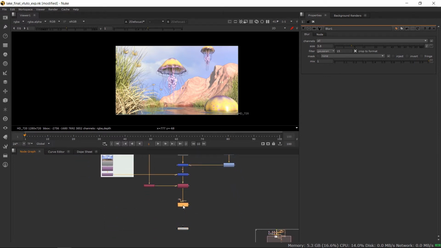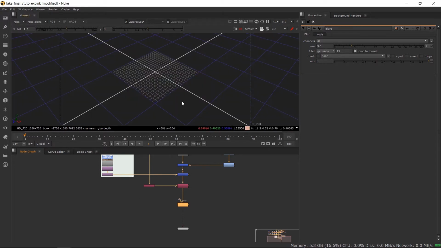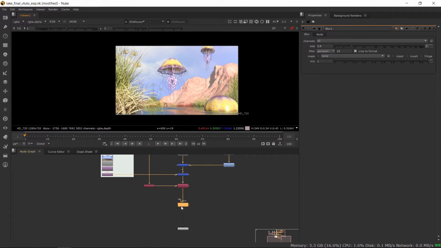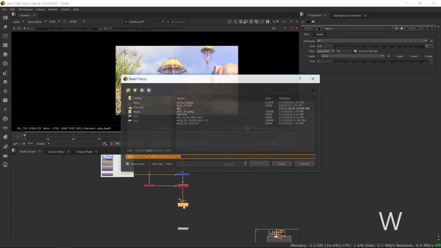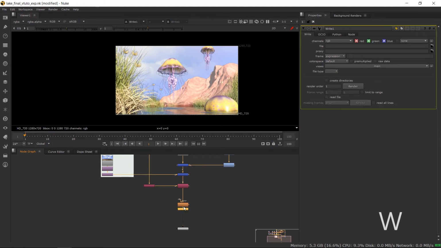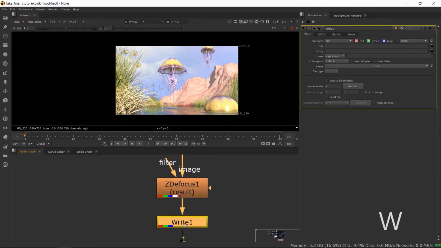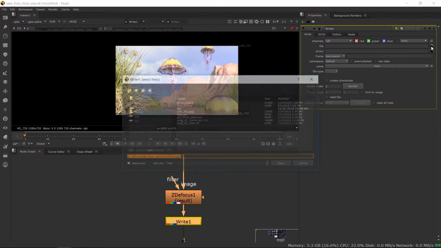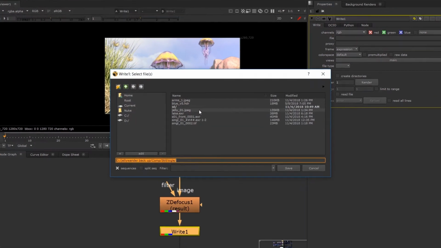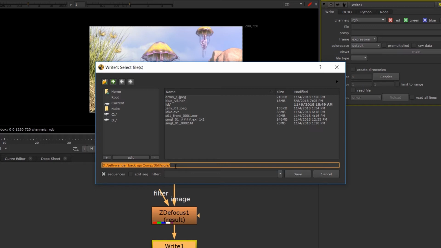Now let's write this project as an image. Well, switch to 3D. If you click just W, you get the write node. Now things in Nuke work a bit differently. Here you write the file that you want. So let's pick up this and we call it